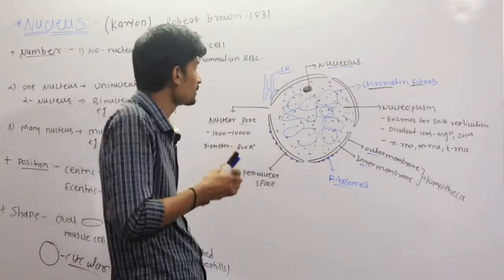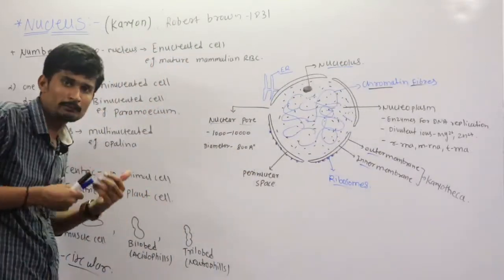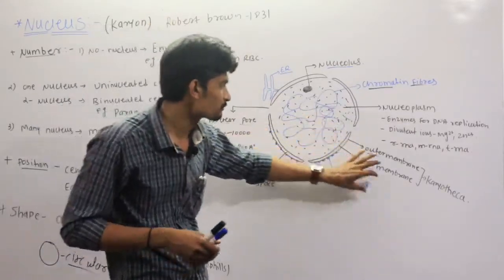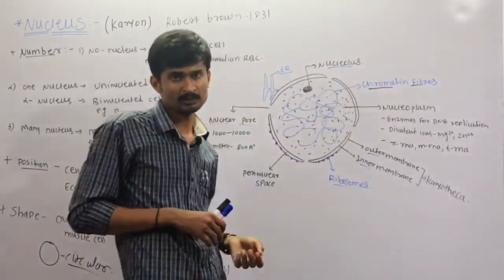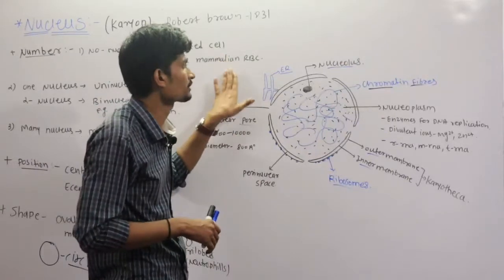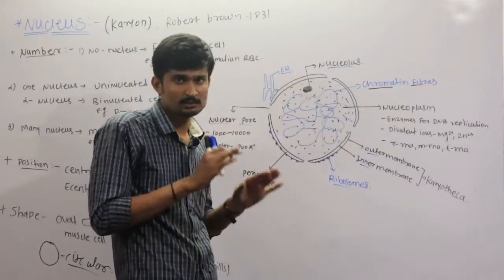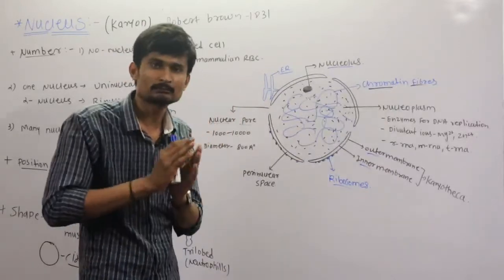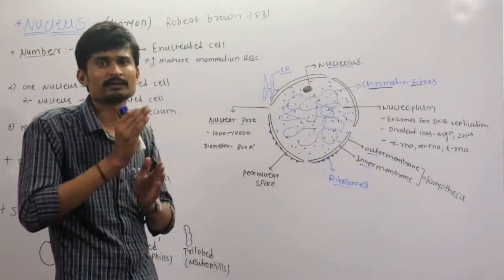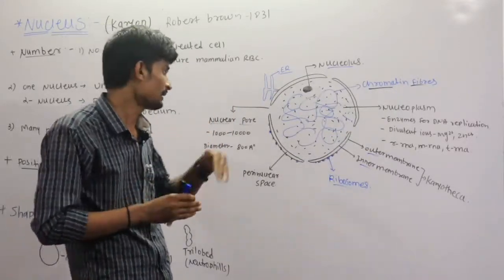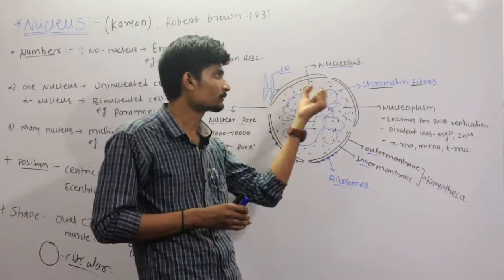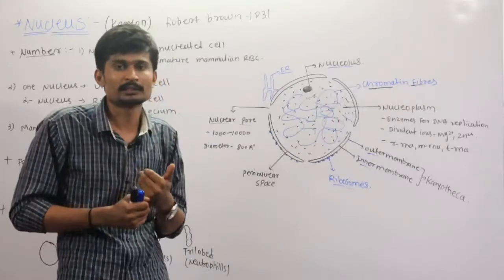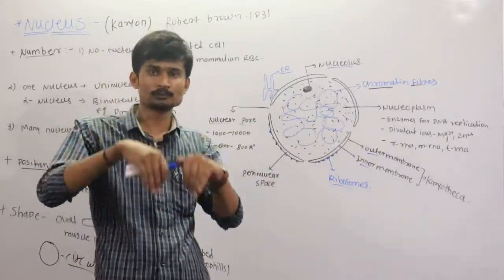We have already seen the structure of the endoplasmic reticulum. This endoplasmic reticulum actually arises from the outer membrane. So this is the structure of the nucleus. Basically it contains the membrane. Inside the membrane there is a nucleoplasm, and inside the nucleoplasm there are various enzymes and ions, and the main component is the chromatin fiber, which is made up of DNA. So the genetic material is present inside the nucleus.